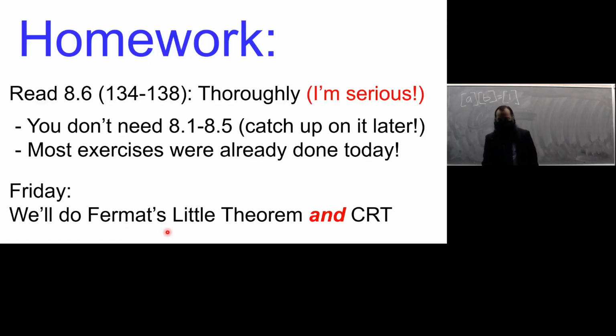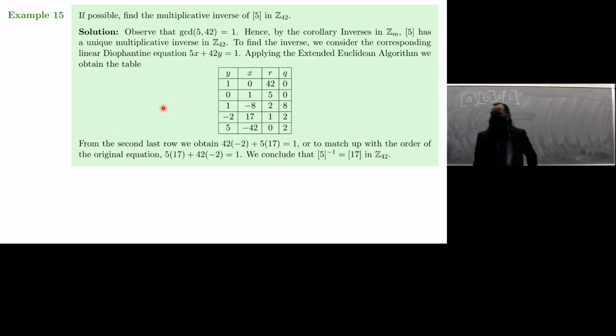Okay, so we're done with modular congruence classes. Next is Fermat's little theorem. I just want to say, we just did 4 pages of the course notes today. Read 8.6. I would say to read that thoroughly, because this congruence class stuff is the hardest part of Math 135, I would say, the concept itself. The proofs are going to get hard when you know Fermat's little theorem and the Chinese remainder theorem and all that, because then you're going to have 25 different theorems that you can use to answer a Math 135 final exam question. But in terms of concepts, congruence classes are a little bit tough, because a congruence class is a